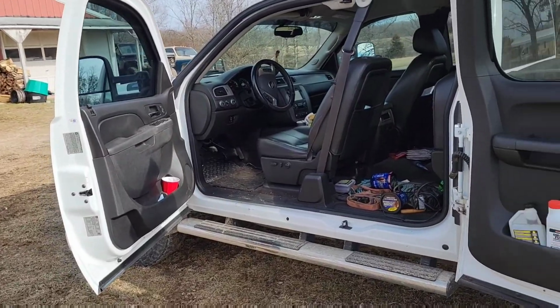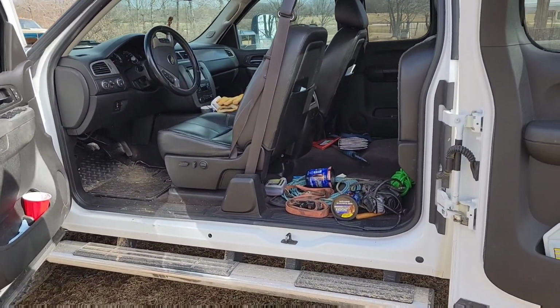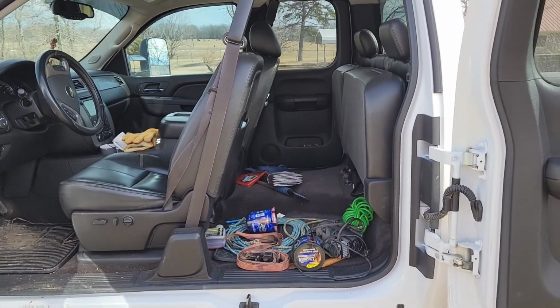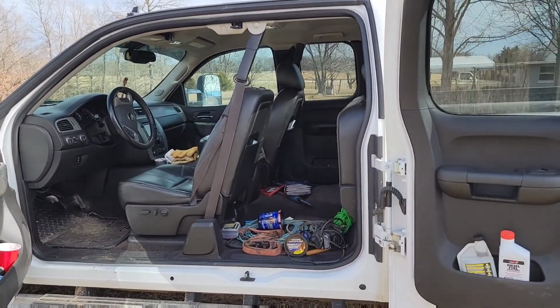Now, you have to excuse the mess. I didn't clean her out for the video or nothing. She's got some stuff in the back floorboard, and that's usually how she rides. I usually have the seat up, but this is what really turned me on about the extended cab versus a